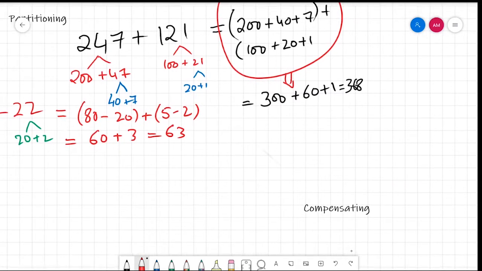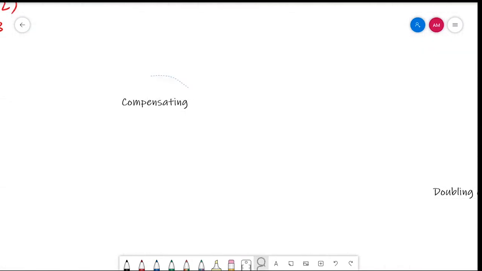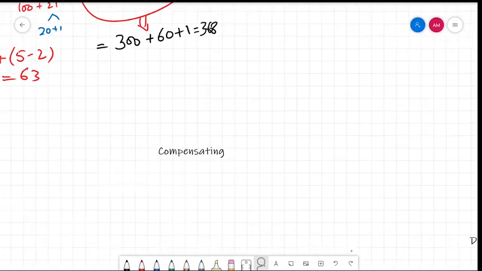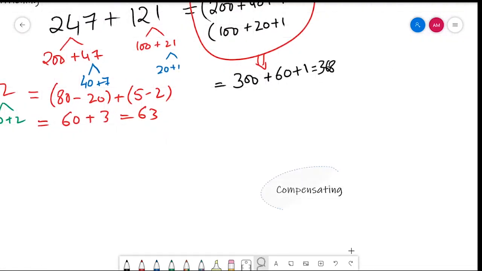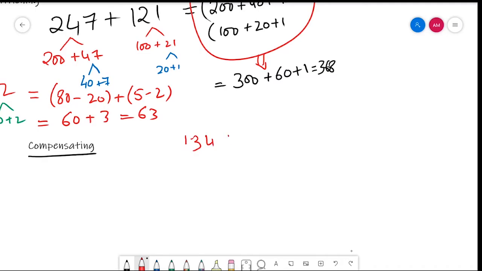Let's look at another technique, that is compensating. Let's take an example of how we are able to do it with the help of compensating. So that's another technique. We can do mental arithmetic by using compensating. Let's take an example. An example could be 134 plus 29. You can see 134 can be compensated and you say, okay,